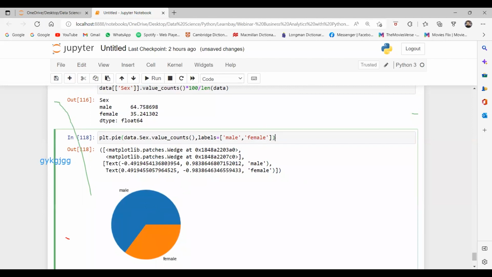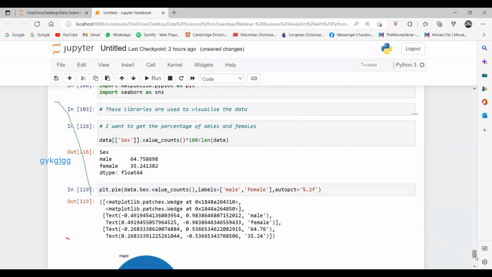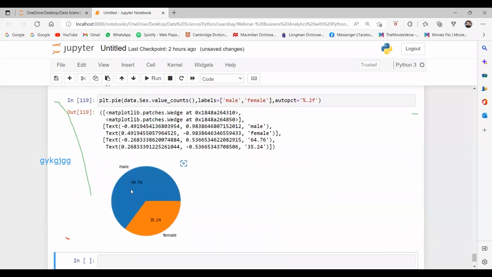For that we have an attribute, autopct. I'm saying autopct equal to, and inside you have to pass a format specifier with the percent sign. For example, I want the values up to 2 decimal points, so you can say %0.2f. And if I run it, see, we are getting the values, yes or no?